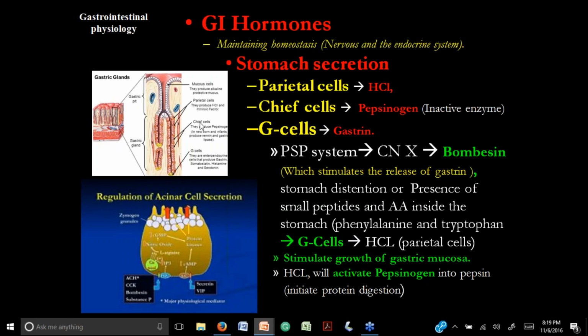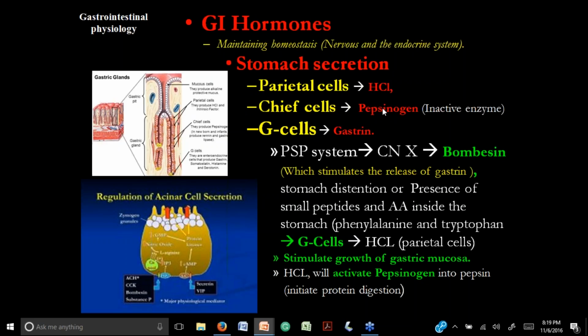We have the chief cells that are going to produce the pepsinogen, an inactive enzyme. Pepsin, what is it going to do? Digest proteins. Gastrin, for example, is going to stimulate the parietal cells that are here. These are the parietal cells, parietal, chief, and G cells, and they are going to interact with each other in order to secrete the gastric acid and some enzymes, like the inactive one that is going to be activated under